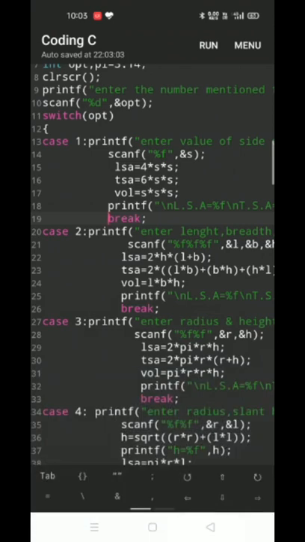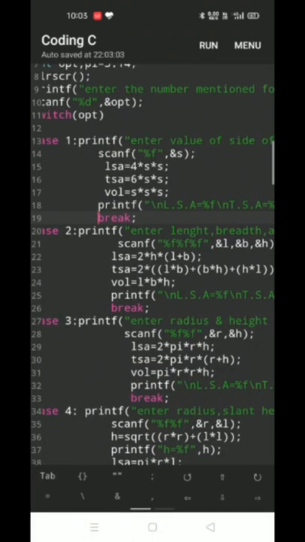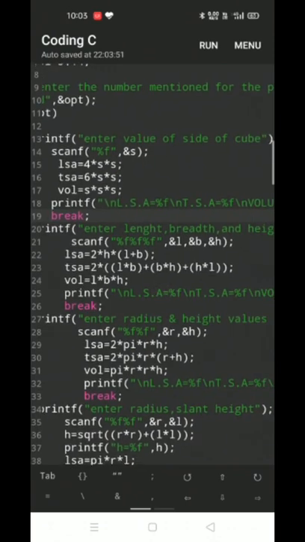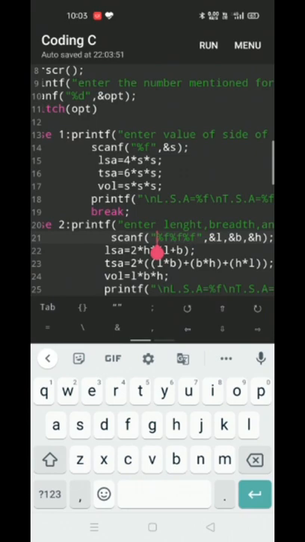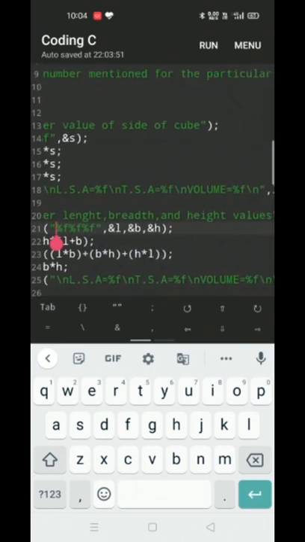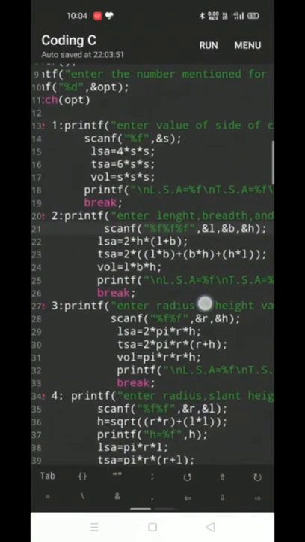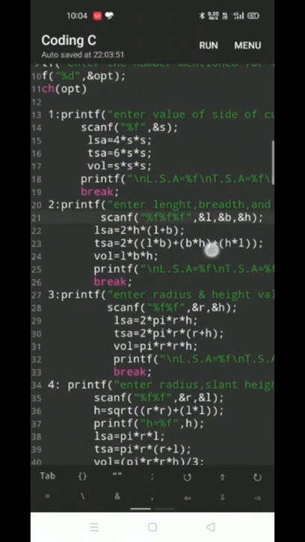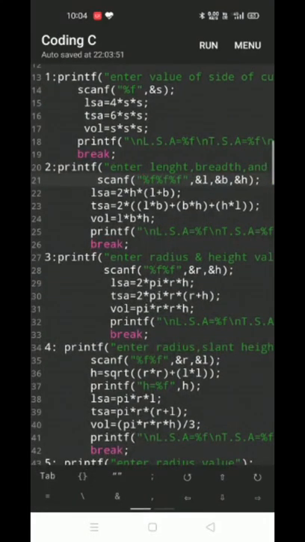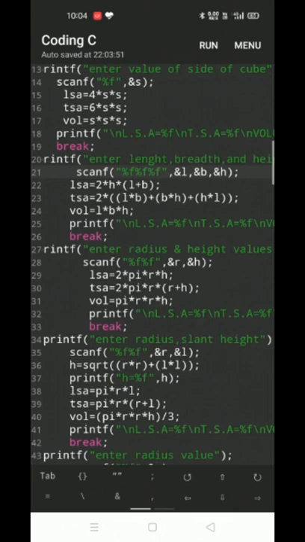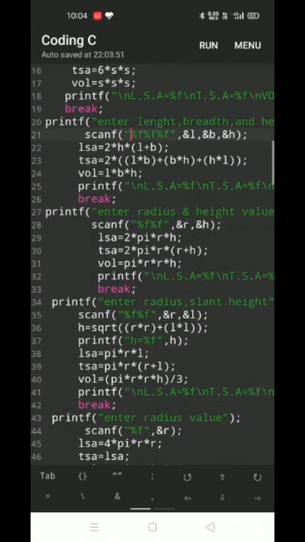So now here we get case 2, printf, which asks the length, breadth and height values of the cuboid, and by using scanf we are reading them. LSA is 2 into h into (l plus b), then total surface area is 2 into (lb plus bh plus hl), and then volume is length into breadth into height.